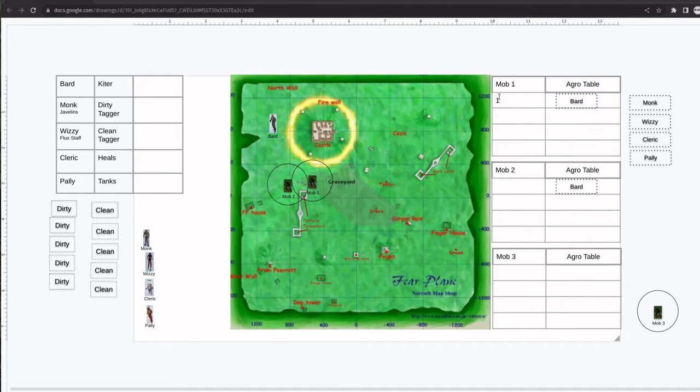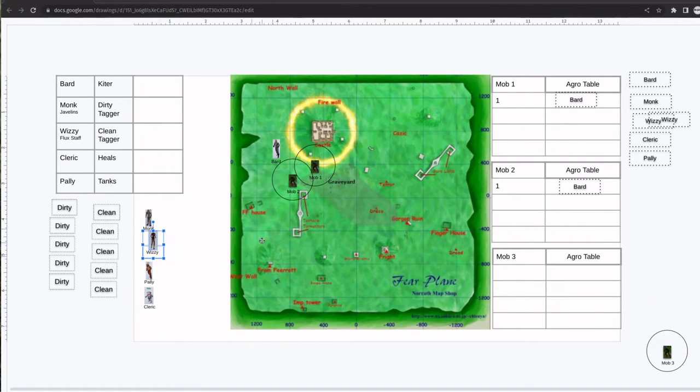So he has very, very low threat level. And since Mob 2 is just assisting Mob 1, the Bard has very, very low threat level as well. So any sort of direct action towards Mob 1 or Mob 2 will strip that mob off of the Bard. So let's say the Wizzy comes in, he runs up, he Flux Staffs Mob 2, he now goes on